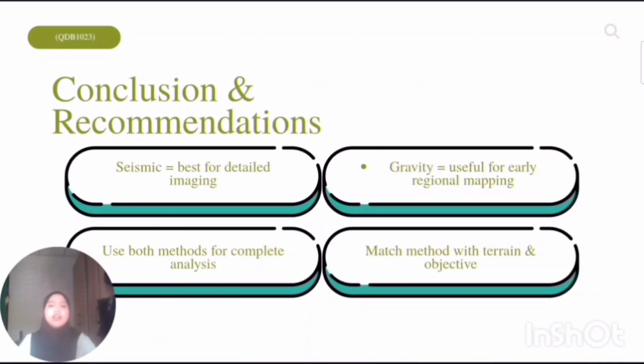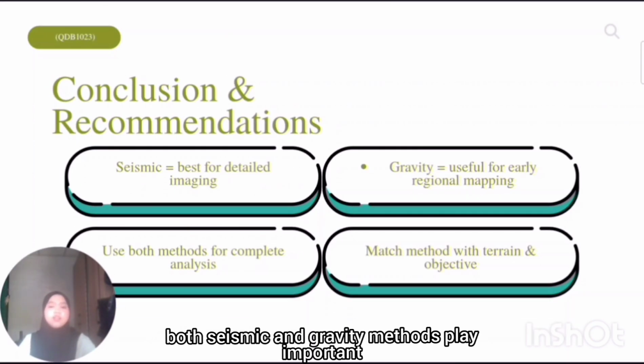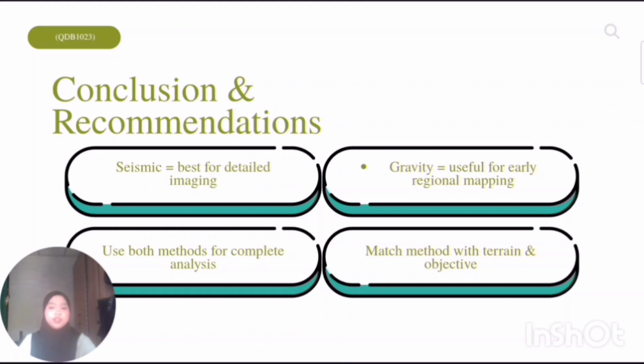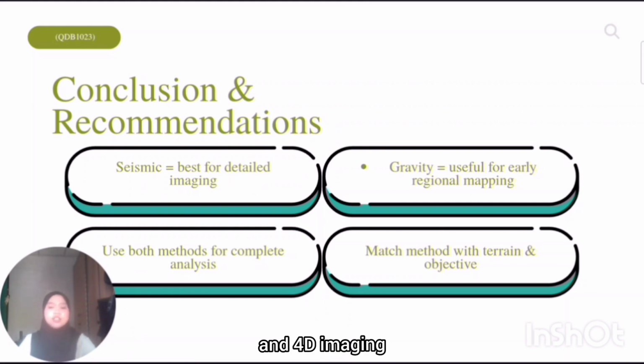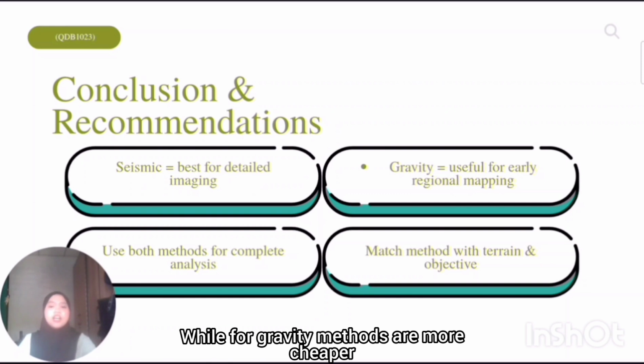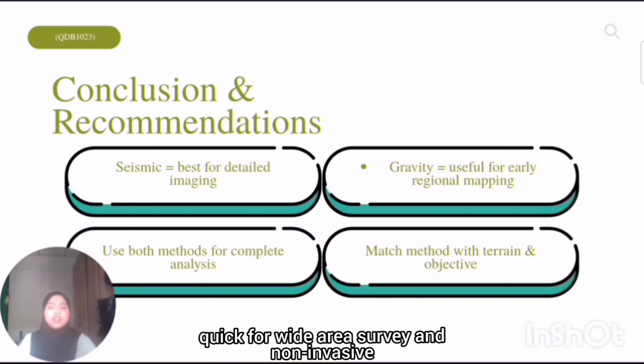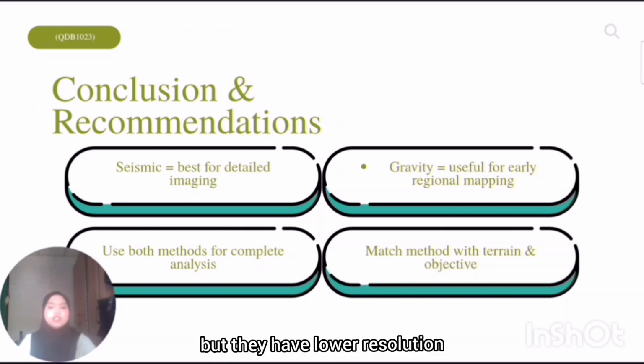In conclusion, both seismic and gravity methods play important roles in subsurface exploration. Seismic methods provide detailed, high-resolution 3D and 4D imaging, ideal for identifying and monitoring hydrocarbon reservoir, but they are costly and require expert interpretation. While gravity methods are cheaper, quick for wide area survey and non-invasive, but they have lower resolution and